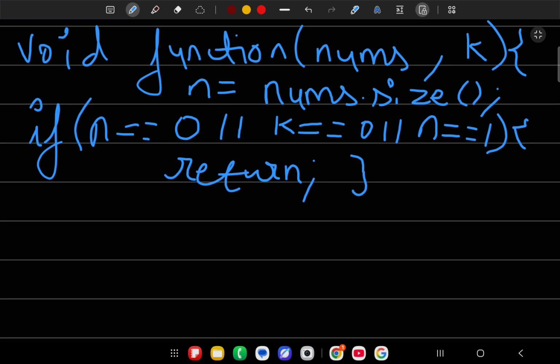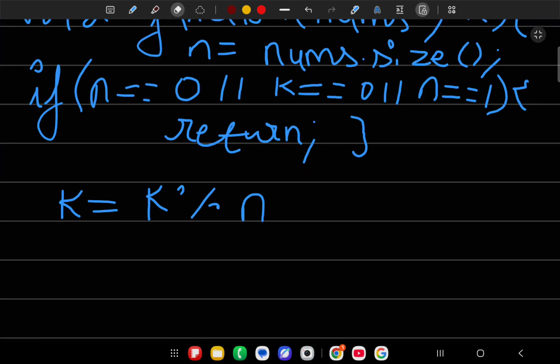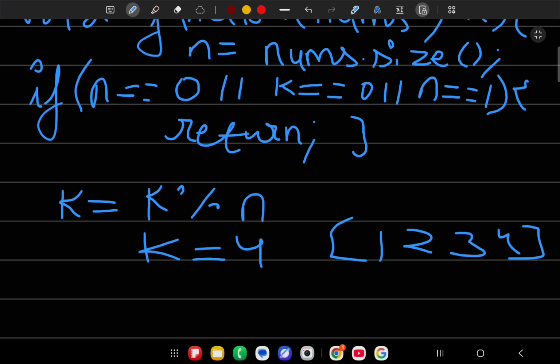Now we normalize our k. How and why do we need to? To normalize, just take a variable and normalize it with n. Why do we normalize this? Let's suppose instead of normalizing we just work on the k. We have an array which is 1 2 3 4, and the question asks to right rotate it by 4.